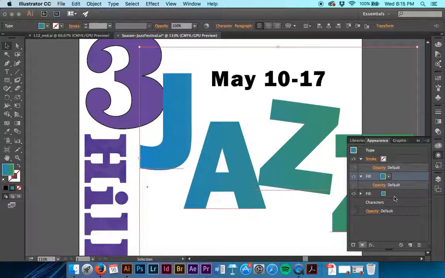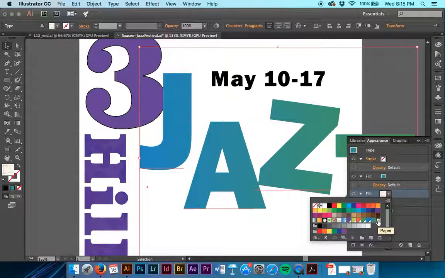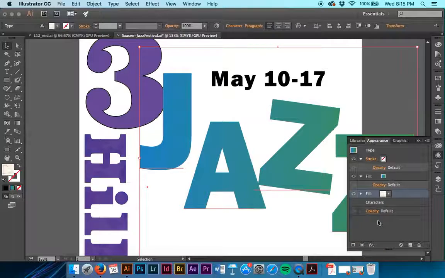To look at how the existing fill row appears, we're going to click on the bottom fill row, and we're going to change it to paper. And press Escape to hide that. So you see it still has that gradient. You notice the swatch doesn't show in the artwork because it's beneath the fill, so remember this is working in the hierarchy. So we're going to click the disclosure triangle to the left of the appearance rows in the appearance